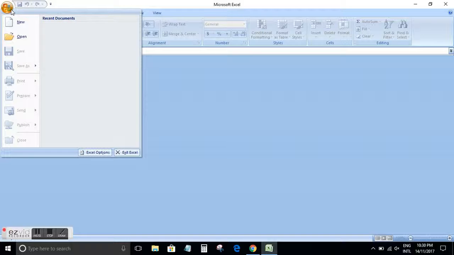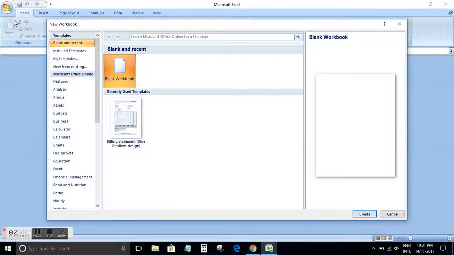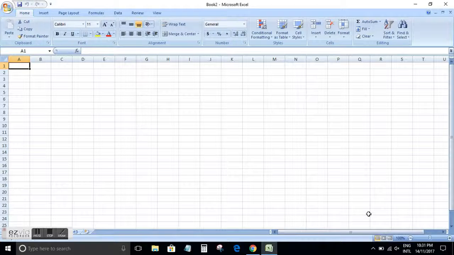Mainly go to the Office key and New, and we will open a blank workbook for our discussion. I will later discuss these predefined templates which can be used easily for various tasks in the business world. So we'll go for a blank workbook initially, and we will select that and create. With the first appearance of the workbook,